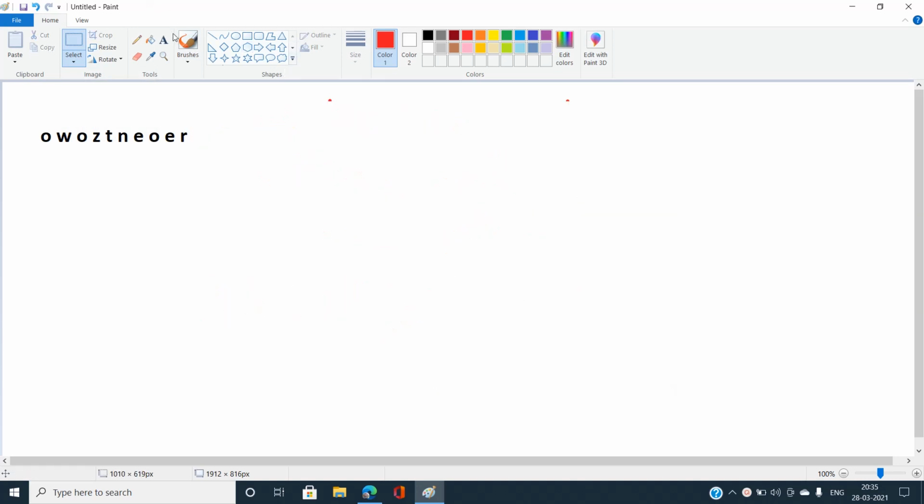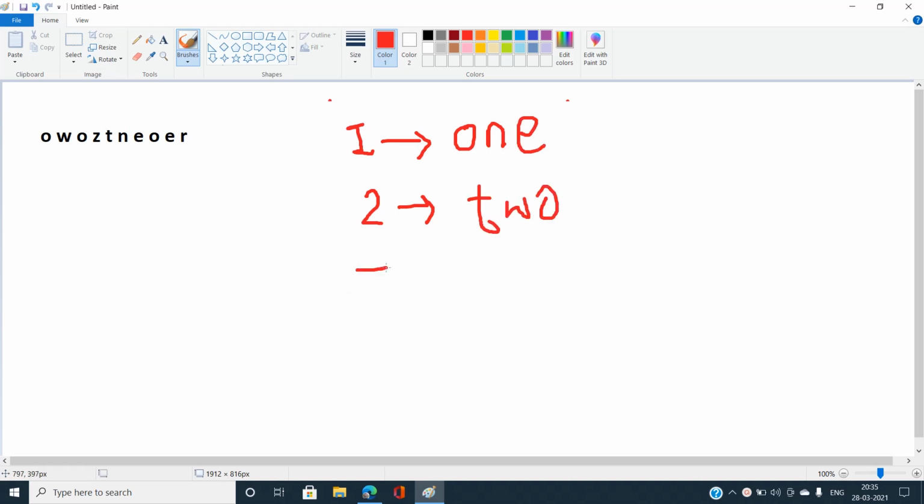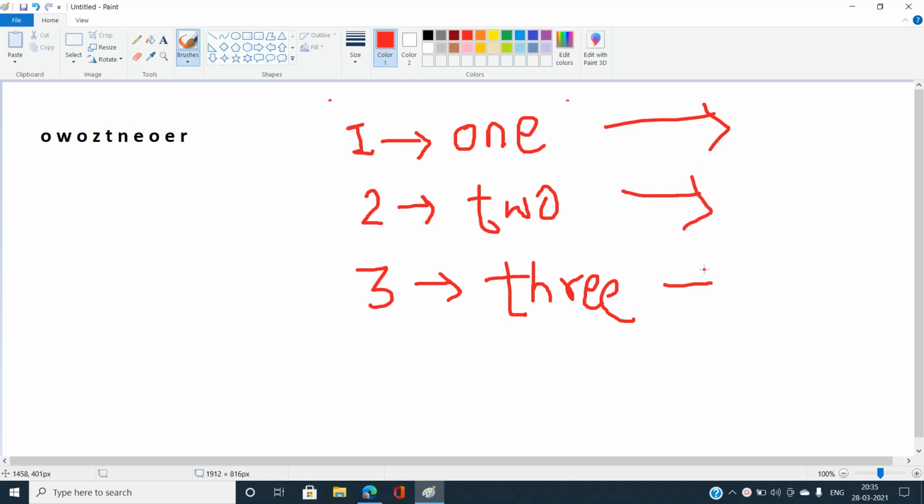Can we give some unique identification to the digits? Let us understand we have a 1 over here, and a 2 over here. What should be the word representation of this? It should be like ONE and it should be like TWO. And let us understand here we will have 3, so we will have something like THREE. So can we give some unique identification of characters to these digits?